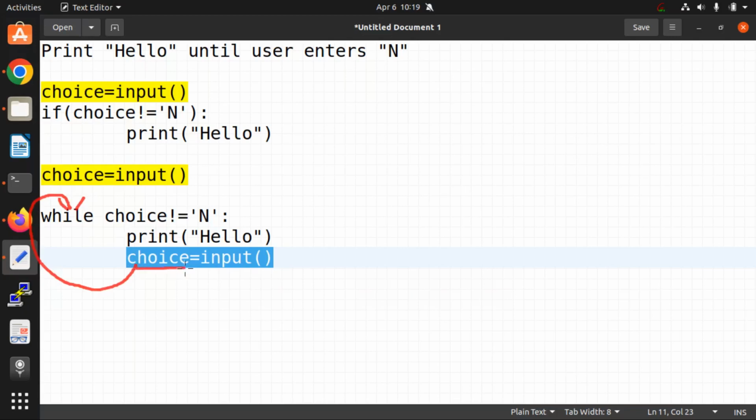Whatever choice we entered has got updated. It will verify if the choice is not equal to n, and then again print the hello, and again take the user input. So this will keep on repeating because this is at this indent level. Everything that comes at this indent or after this indent is part of the loop, right? Everything that comes at the outer level is not part of the loop. So we have two lines at this indentation: it will print it, then take the user input. If there's nothing else after this line of code, it will automatically go back to the beginning of the loop,